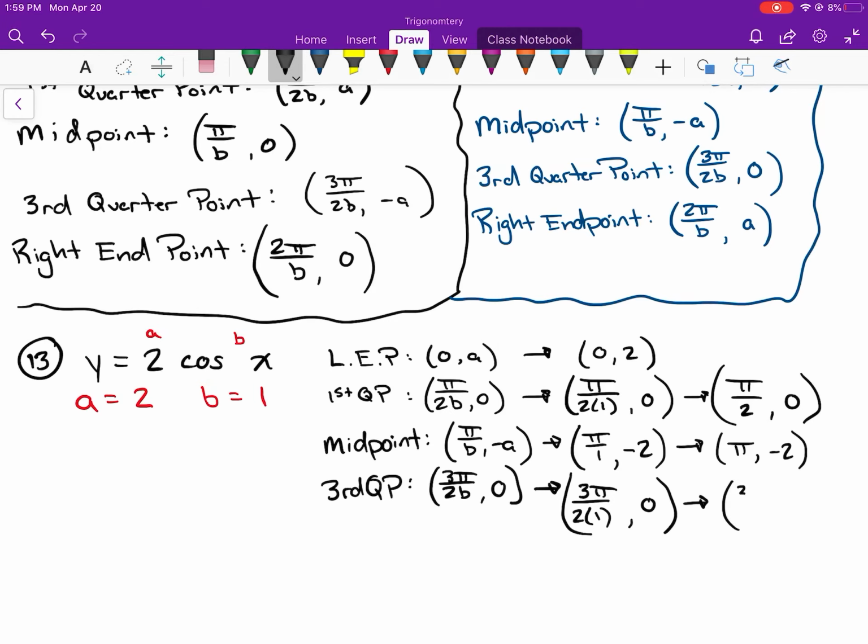Let's simplify. So I have 3 pi over 2 times 1 is 2, and then 0. And then my right endpoint is 2 pi over B